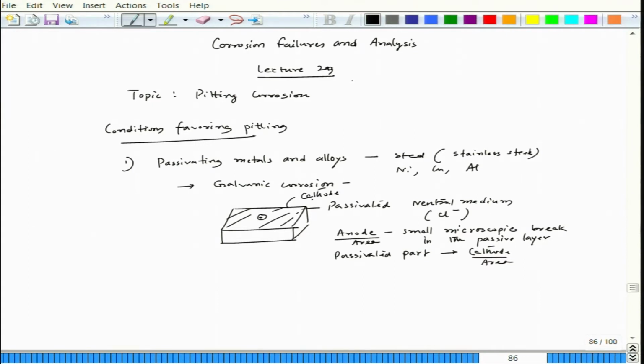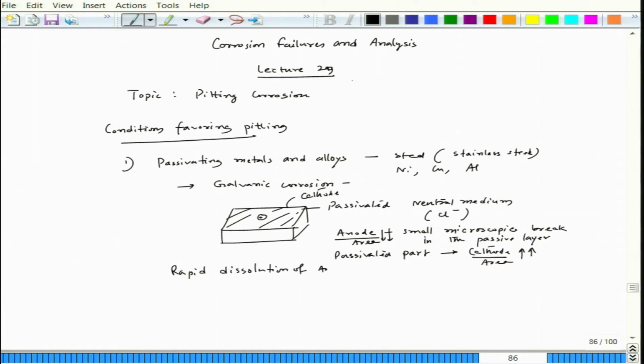Fine. So, it becomes a favorable area consideration for rapid corrosion of that anode area. The cathode area is very large and the anode area is very small, if you compare the area of both the regions. So, that leads to rapid dissolution